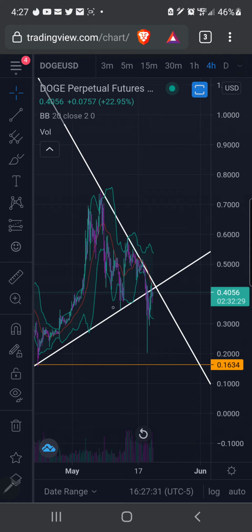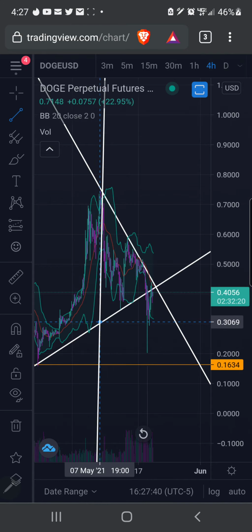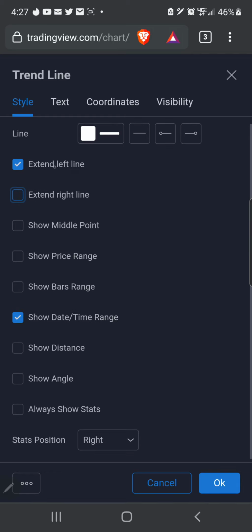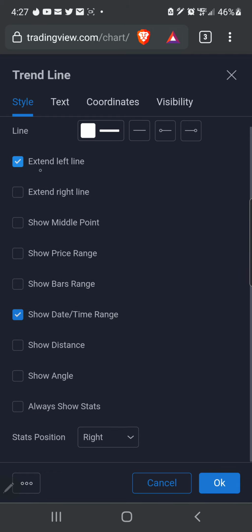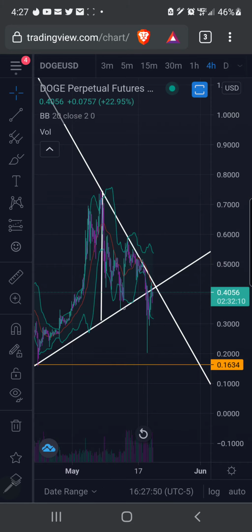triangle forming, which would be a symmetrical triangle. If you just want to check real quick, you draw from this high straight down to the line or whatever, and then you got this triangle right here,